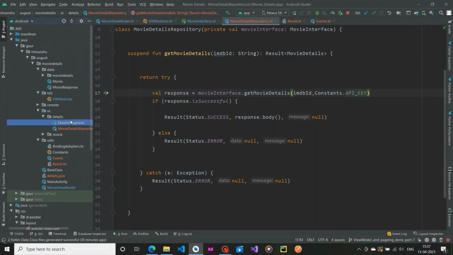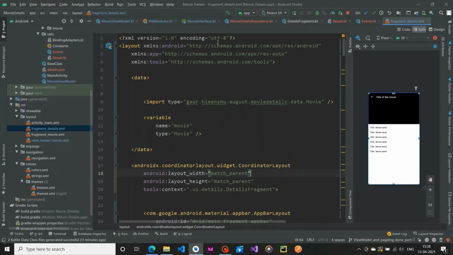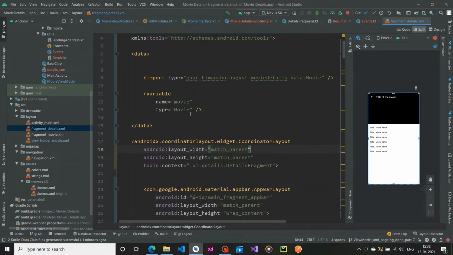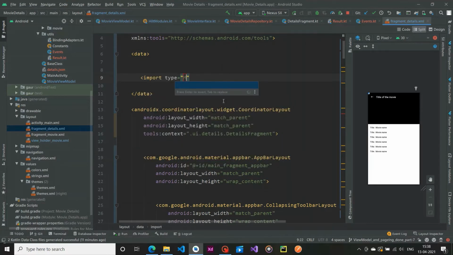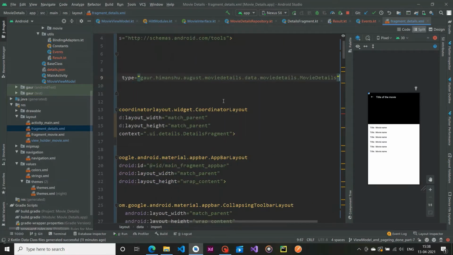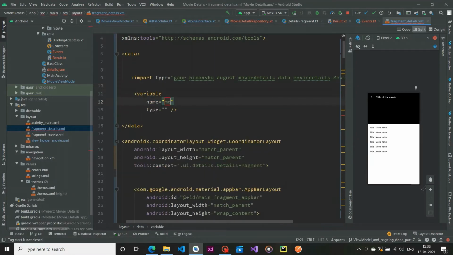So this is our details fragment, and actually I created the layout part. You can see over here I converted this layout into a data binding layout, and I passed movie in here. So we don't pass movie, we are going to pass movie details. So import our type movie details. Wait for a moment, and yes, this one, and we need to create a variable.